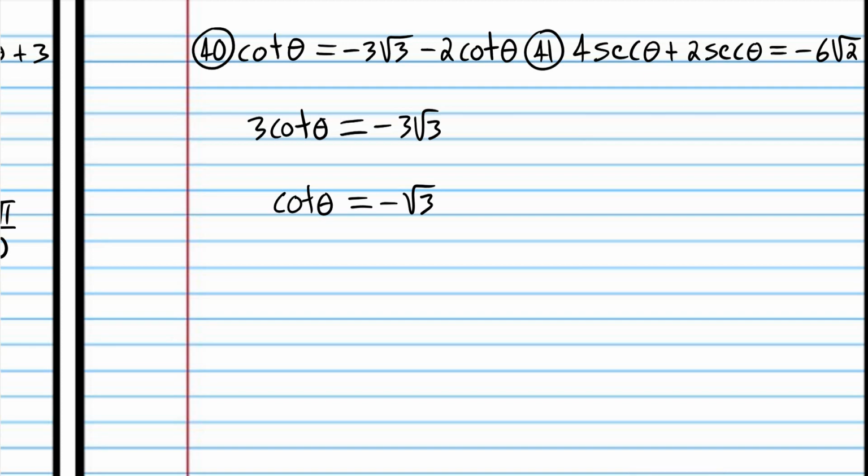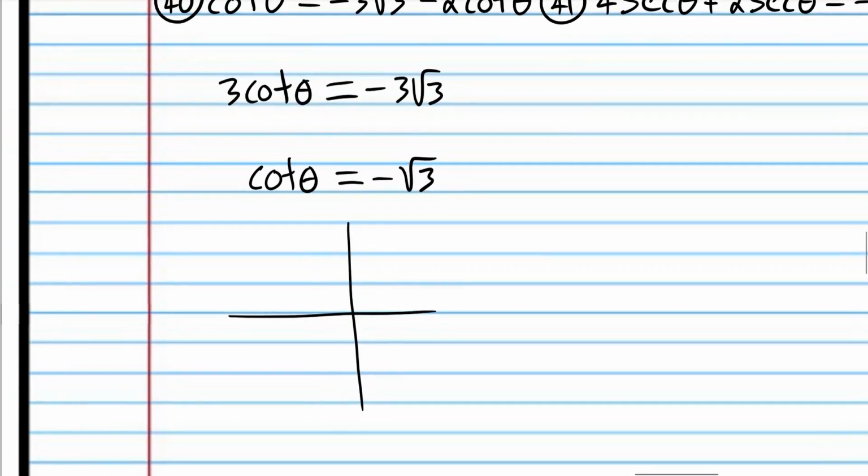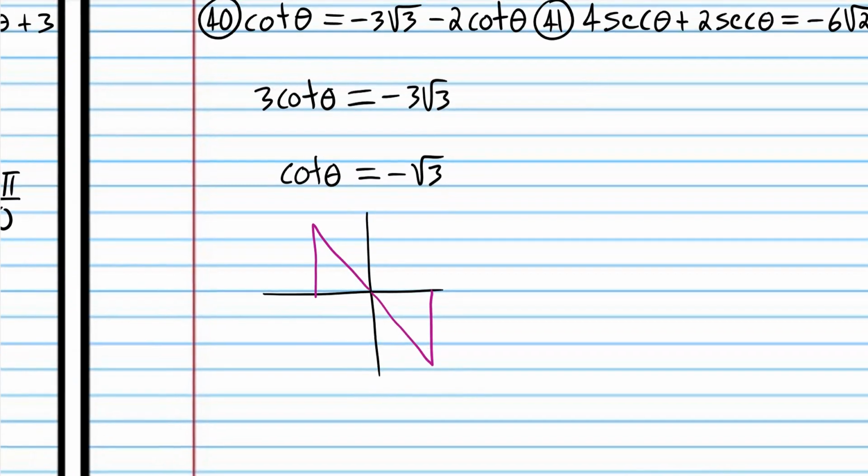And you may recognize this as negative x root 3 over x. We don't really know where the negative goes, we just know the negative is there. So that's a special triangle. Cotangent theta is negative in the second quadrant and the fourth quadrant. And we know that because